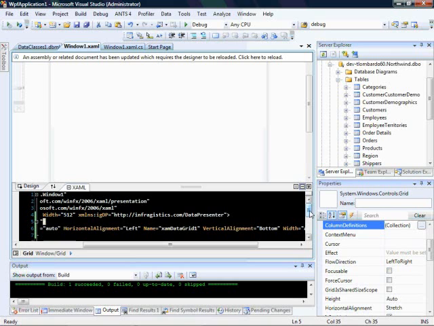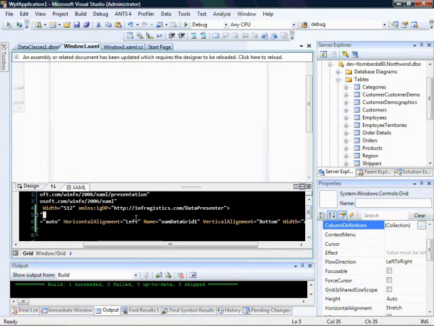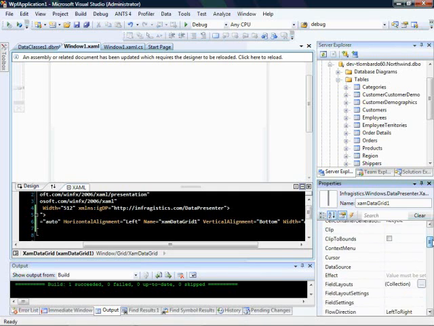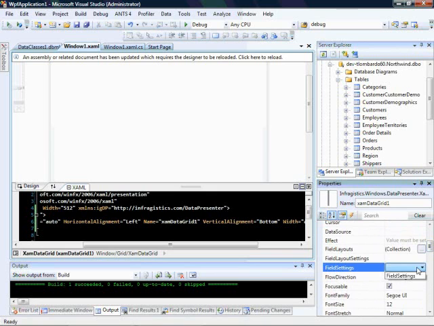Alright, and what we're going to do here is go into the properties for the XamDataGrid and start setting some of the fixed field properties. So the first thing we'll want to do is enable fixing, and we'll do that by setting AllowFixing. Actually, we're going to set it to whether we want it to happen on the left, the right, or both. And then we're going to go ahead and customize how the fixing is occurring on different fields. So the first place we'll want to look is inside of the field settings. So we'll go to our field settings here inside of the grid,